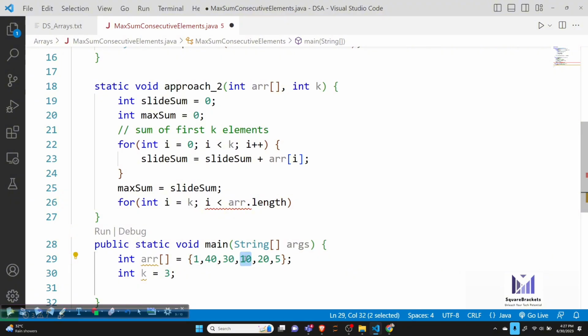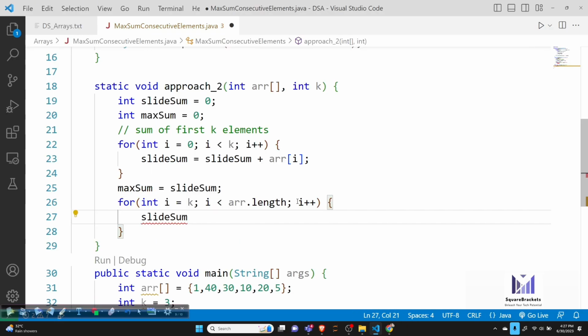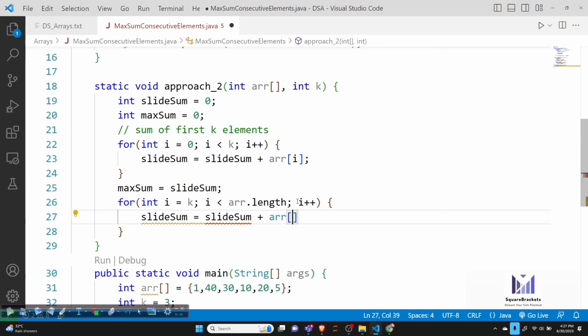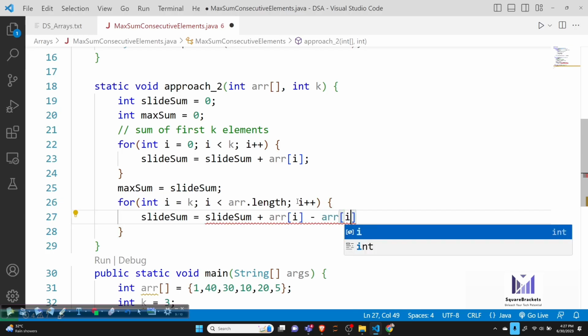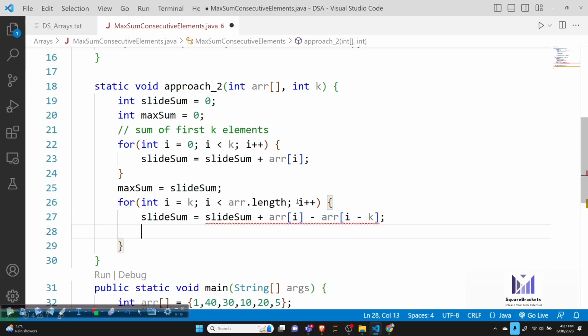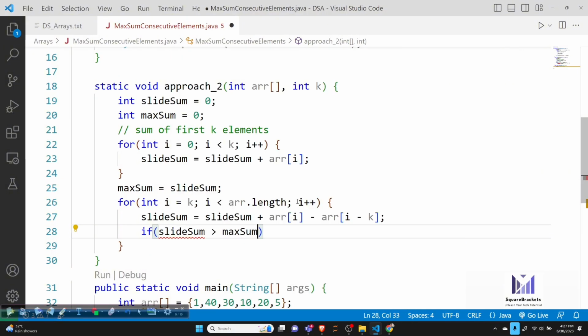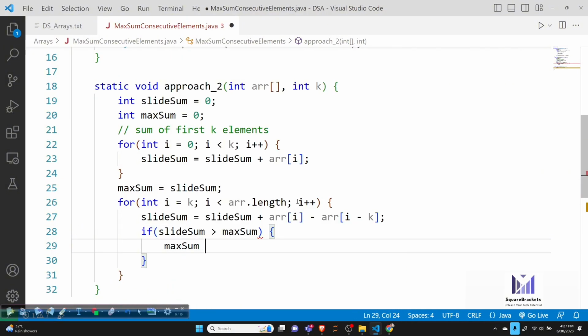So just go to the kth index, pick that element and remove the first one, then i plus plus. Now I will do slide sum is equal to slide sum plus array of i minus array of i minus k. That's it. And use an if condition, that if slide sum is greater than maximum sum, then update your maximum sum variable.